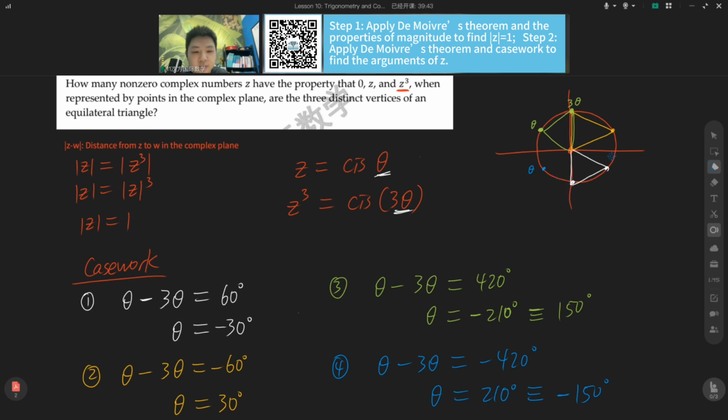So this is gonna be negative 450. Negative 450 should go right here. 它的3倍就是负450，也就是负90。